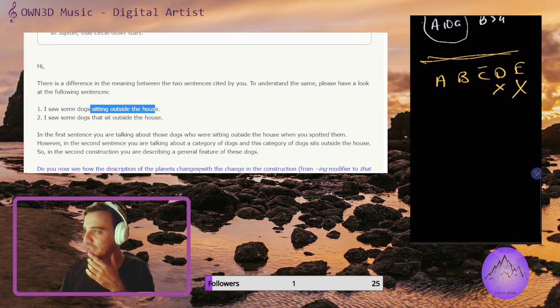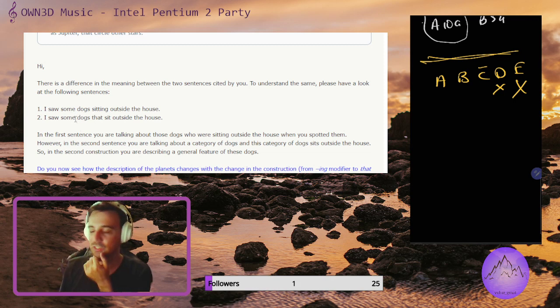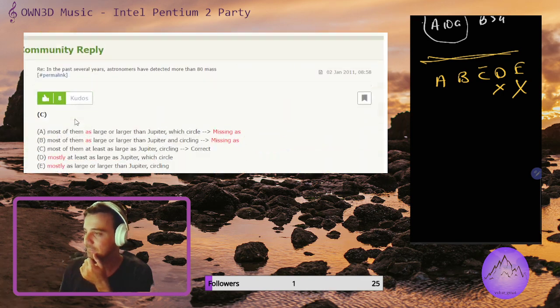Do you now see how the description of the planets changes with the change in the construction from ing modifier to that clause? I mean, it's still the point. The point is still correct, I think, but I think this is a bad example. Like if it said something like I saw some dogs while sitting outside the house, then it's clear I was sitting outside the house. But anyway,